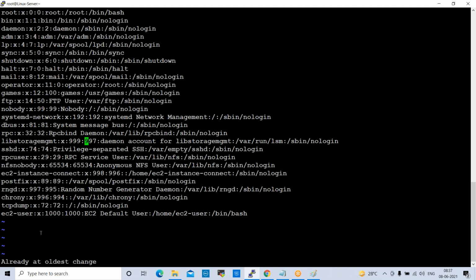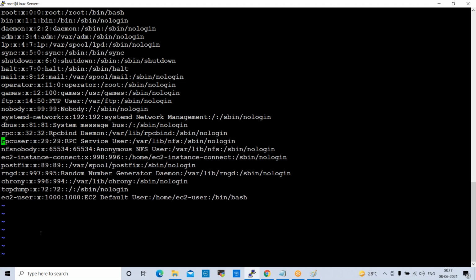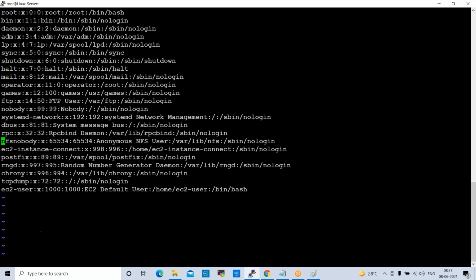Okay. yy we know, yy to copy the entire line. So nyy is also there, to copy n number of lines. To paste the line, small p. And also if you want to delete any line, for example, this line I want to delete, the entire line, small dd. See here, you can delete like this, small dd.